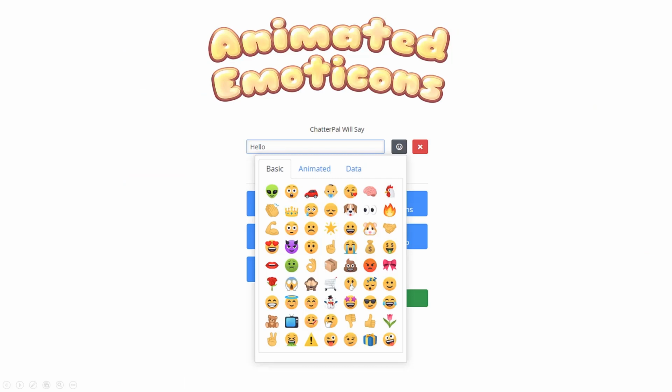And on top of that, we have animated emoticons that will allow you to also captivate people's attention, because you're literally getting a 24/7 chat agent working for you on your website or your client's websites. Remember, we're including the commercial license as part of the front end offer, which means every single user has the ability to not only improve their own conversions, leads, and revenue from their own websites,